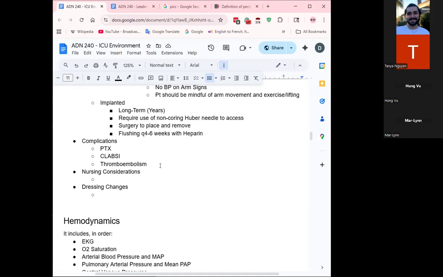So we talked about complications of insertion, complications of having it placed at all. Are there any complications with taking it out? I guess technically with putting it in too, but complications when taking it out. There's one major one that comes to mind. Sure, bleeding for sure, because it could happen or will happen to some degree,